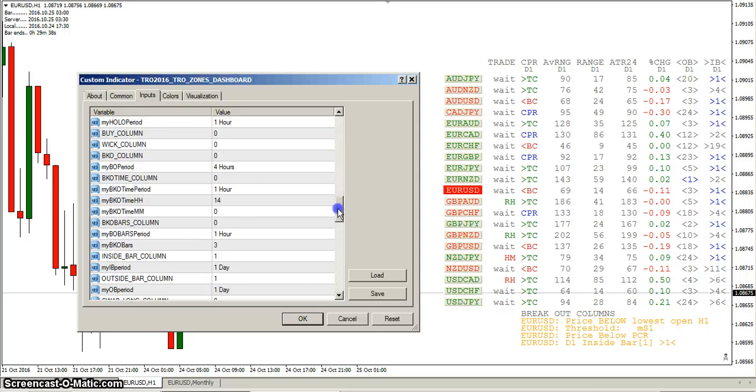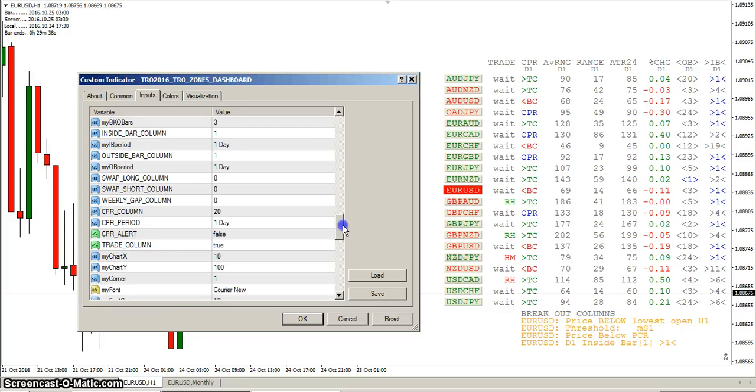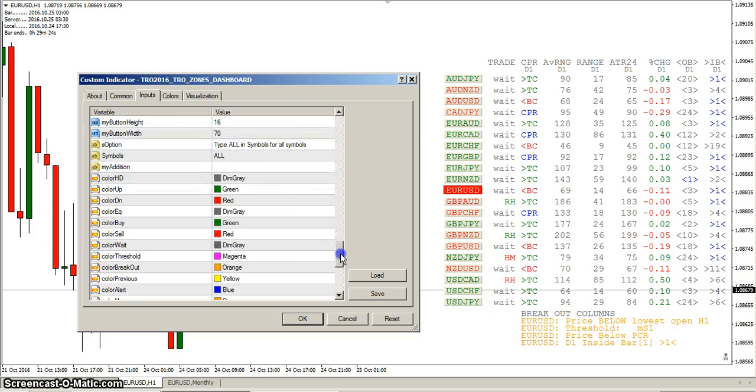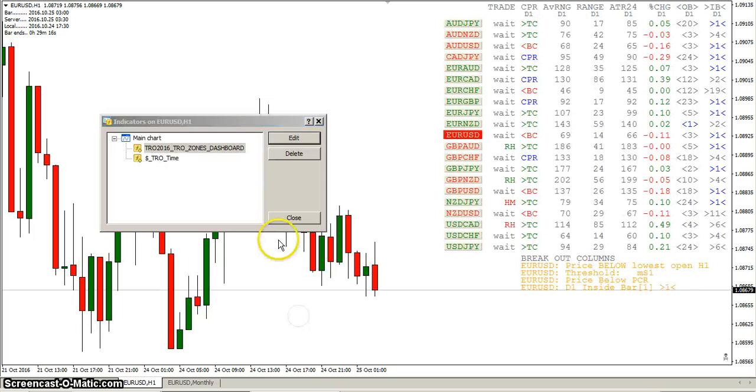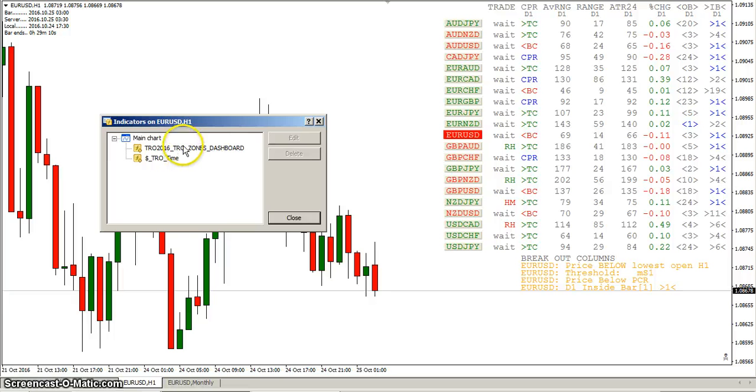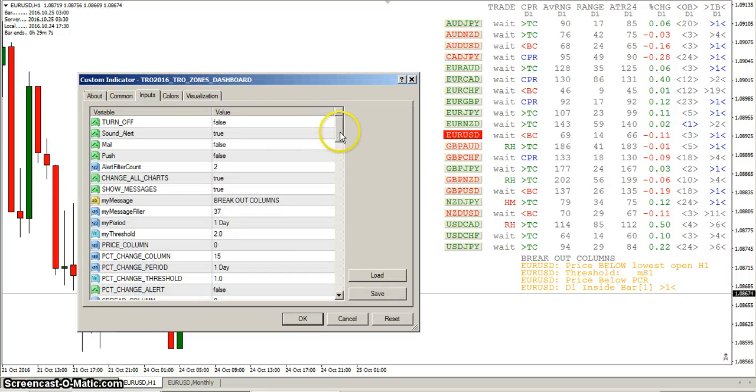Okay, let's see. We've got the breakout time hours. We've already gone over that one. I think that's it. And if you want to move this up because you're losing space, of course, you can just move that all the way up to the top like so. And you see how that moves, gives you some more space. And this right here, that's your notes where you can type yourself a note, because what you'll probably want to do